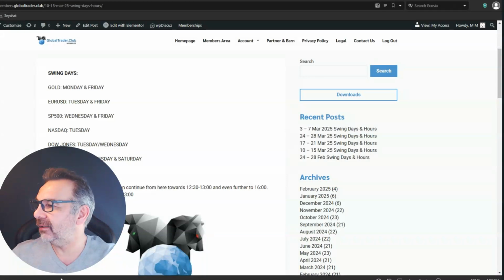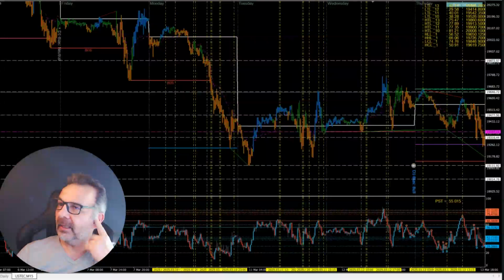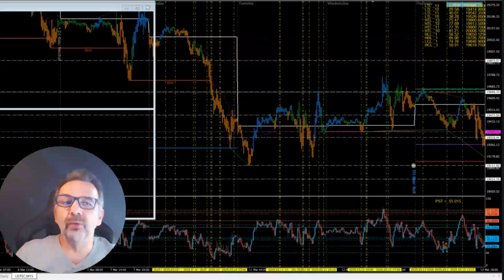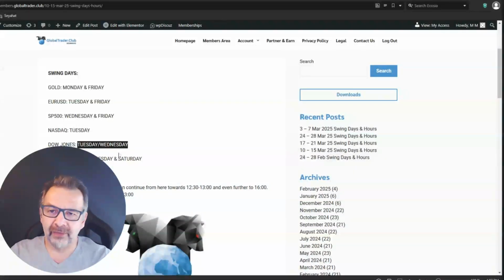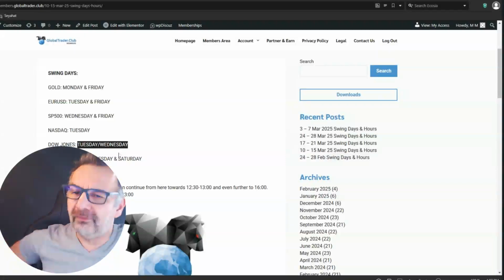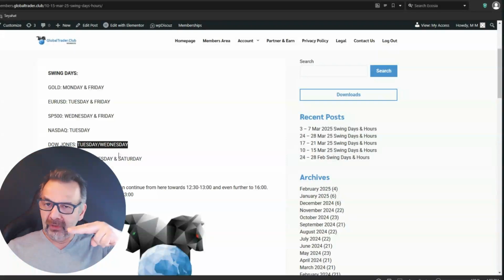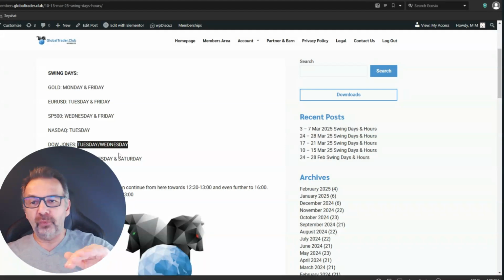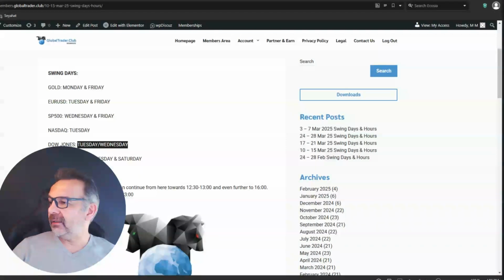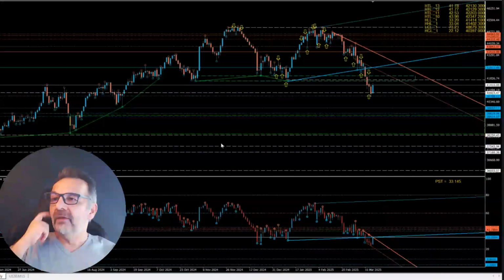Let's take a look at Dow Jones. Now indices normally go together, but sometimes they do have differing days, and it's good to pay attention to that. So now I've got Tuesday, Wednesday for Dow Jones, which means I've got to look out for both days. Okay, looking out for both days, we're either going to have a level where we can turn around from, or it could be a flow through, and obviously this is why we're doing technical analysis. When that flow through happens, you've got to wait for the price.